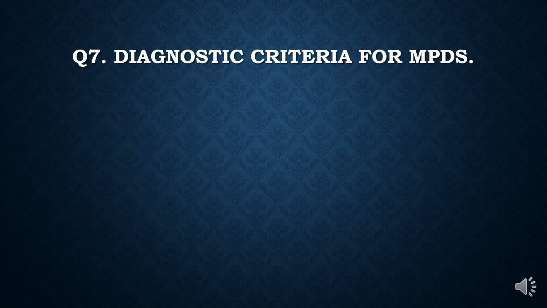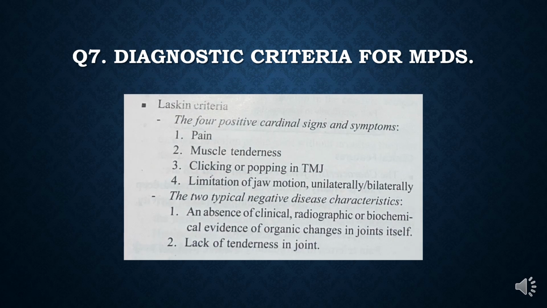Number 7 is diagnostic criteria for MPDS, that is myofascial pain dysfunction syndrome. Laskin's criteria includes 4 positive cardinal signs, that is unilateral pain, muscle tenderness, clicking or popping in TMJ, and trismus. 2 negative signs include the absence of clinical, radiographic, or biochemical changes in joints itself, and lack of tenderness in